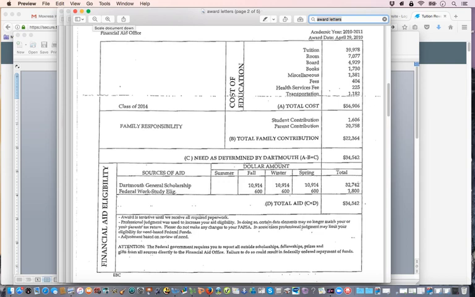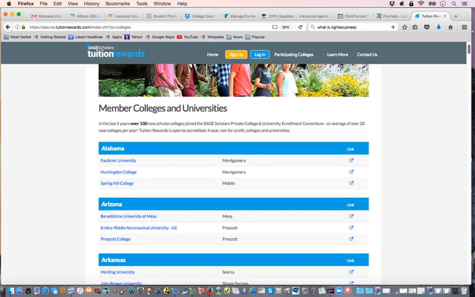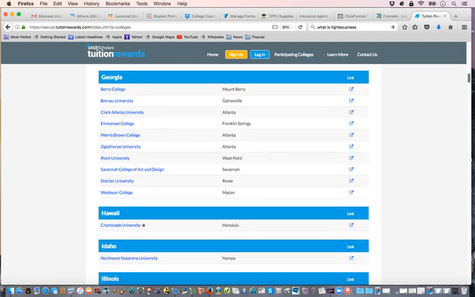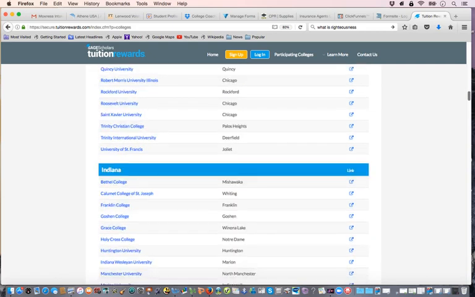And then also we have this program that's called SAGE. SAGE basically has a guaranteed $1,000 scholarship that your son or daughter will be able to receive, and they receive $1,000 every year on their birthday until they graduate from high school. In addition to that, as you can see right here on the computer, these are all the schools that are approved through SAGE that they can use that money towards as a tuition reward, and it just comes out of the tuition.